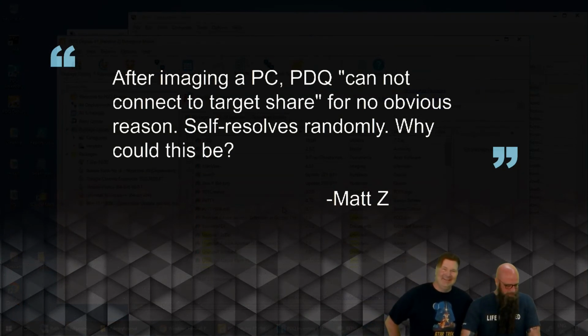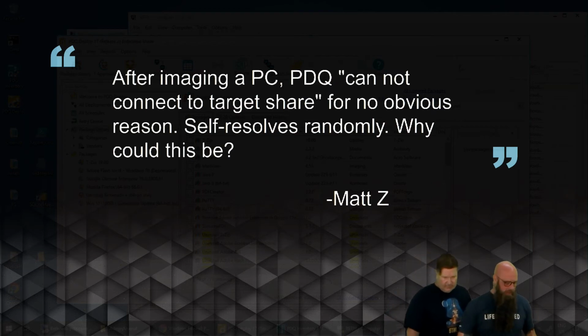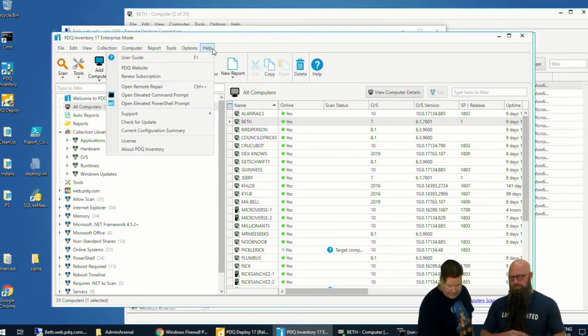Dear Shane and Lex, after imaging a PC, PDQ cannot connect to target share for no obvious reason. Self-resolves randomly. Why could this be? Sincerely, Matt Zzz. My first thoughts: firewall, reimage. Yeah, if you're talking about a reimage, and I'm going to assume, Matt, that you're giving it the same name, so you reimage a computer and apply the same name. If it can't connect to a target share, when we try to connect, we're once again going through SMB. So if those firewall settings, if the GPOs haven't been properly applied to open that up, we won't be able